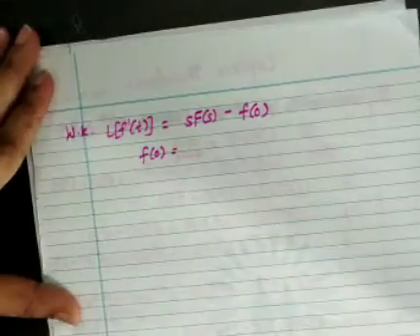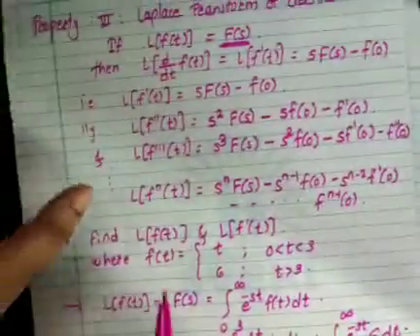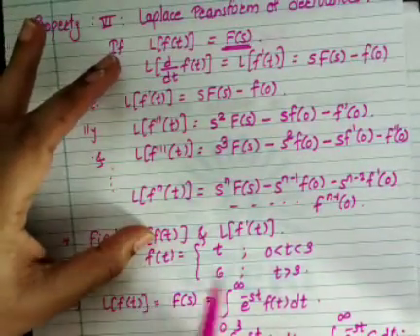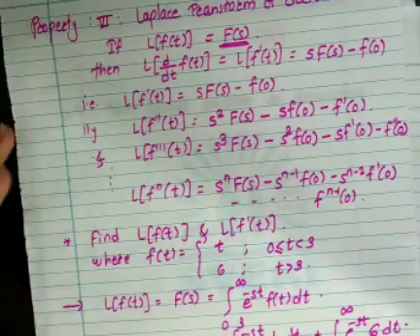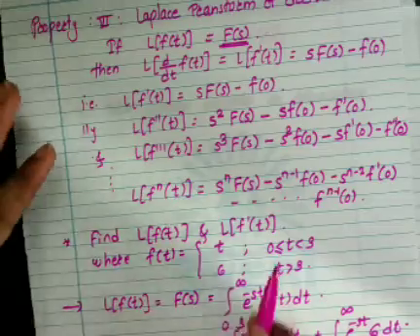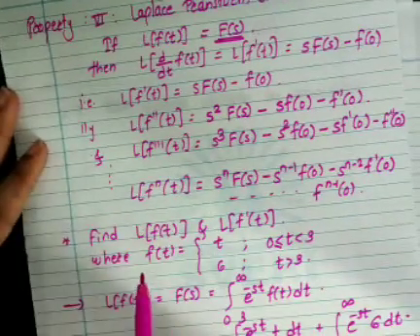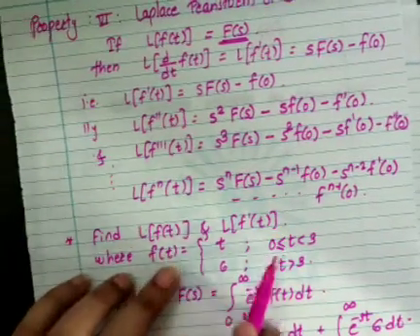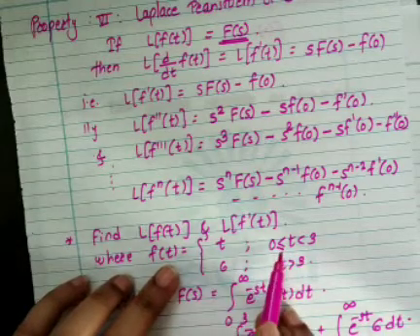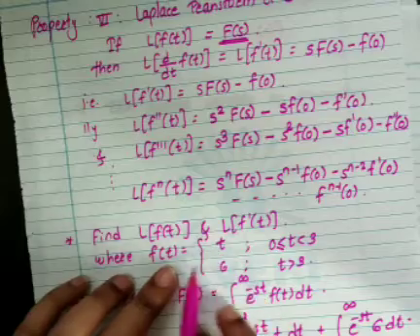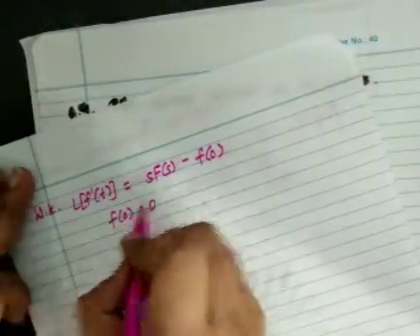f(0) is, this is your f(t), and it is given 0 less than or equal to t. We have to find f(0), so t equal to 0 is counted in this interval. So if we put t equal to 0 here, f(0) will be 0. Therefore,